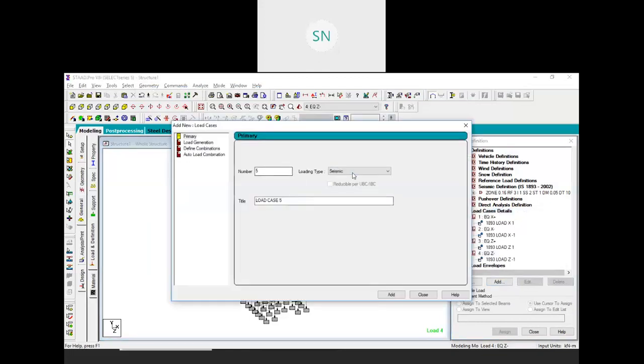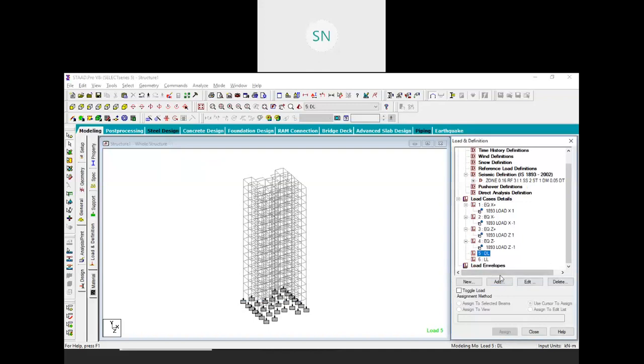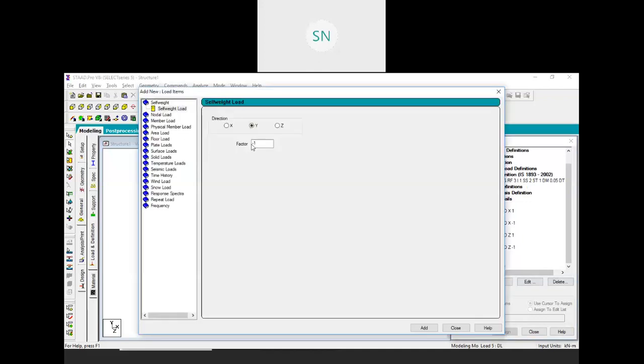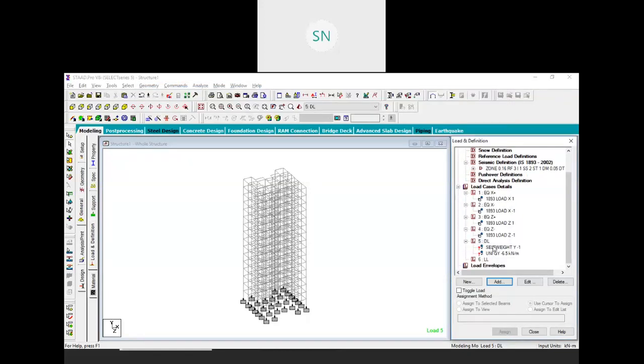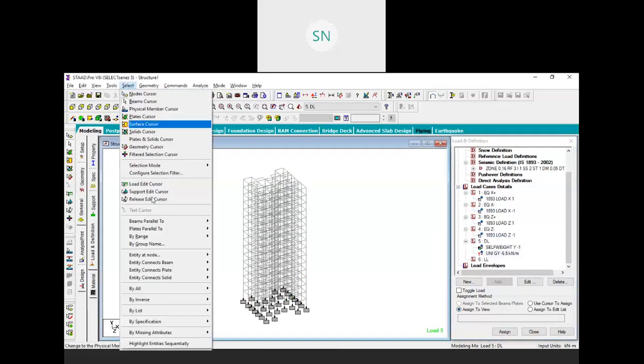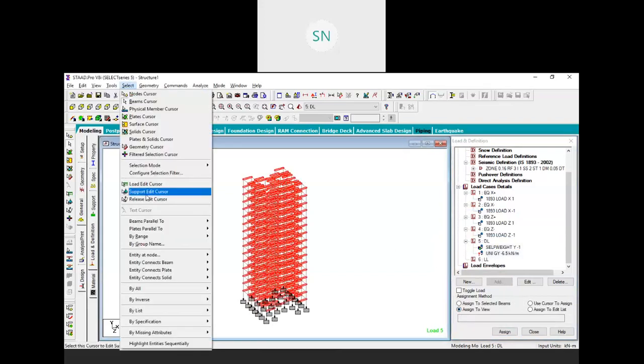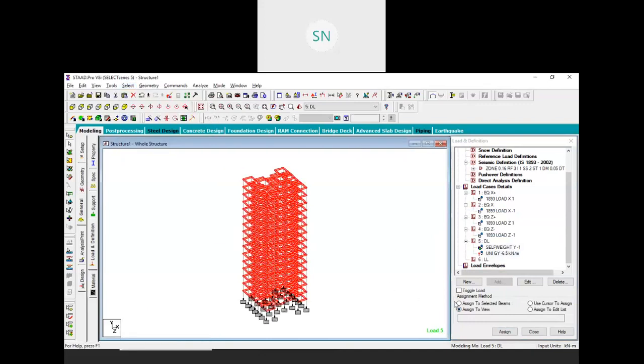Then create your dead load case and live load case. So one dead and one live. In the dead load case, we will add 2 loads: self weight factor -1 and member load uniform force -6.5 that we have considered as a wall load, and both will be assigned. First self weight assigned to view, and wall load select parallel to X, select parallel to Z, assign